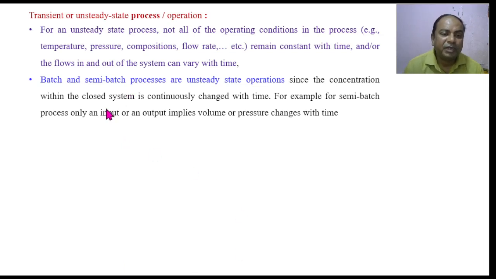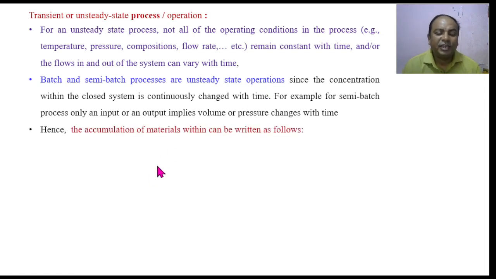So we can say that in a batch process as well as in a semi-batch process, these process variables continuously vary with time, and therefore whenever there is a process having variable changes in the course of time, we can say that process is operating under unsteady state condition. Batch and semi-batch processes actually operate under unsteady state condition. So in the material balance equation, the accumulation term is predominant,